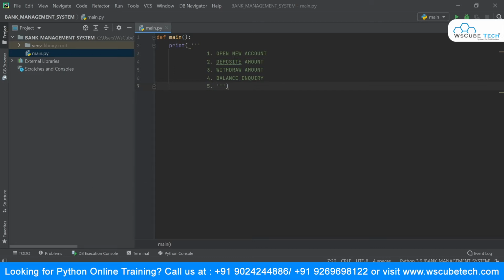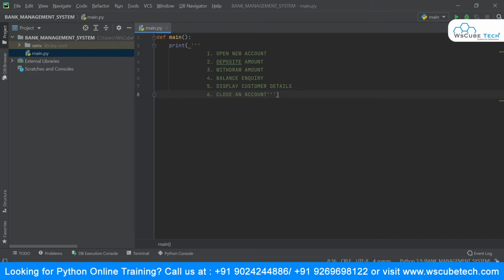All right. Then, once done with the balance inquiry, a person may want to display the customer details. So we'll say display customer details. Right. And the last thing a person can do is simply close the account, so I will say close an account.